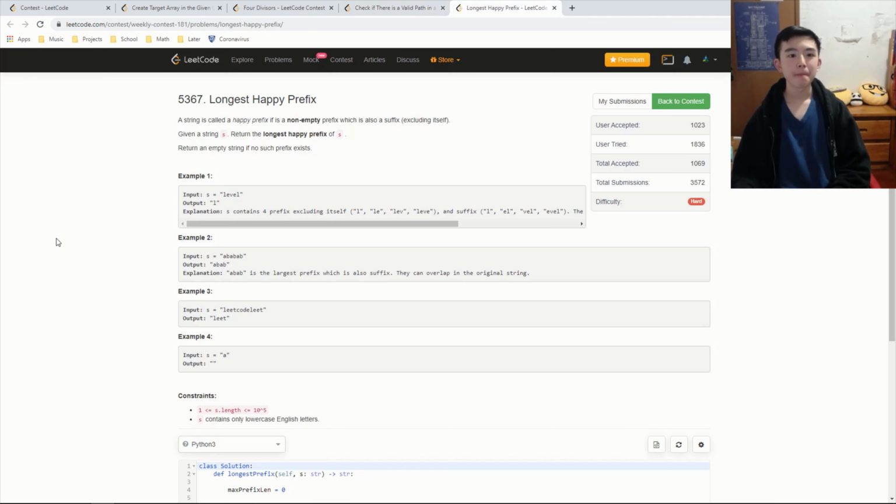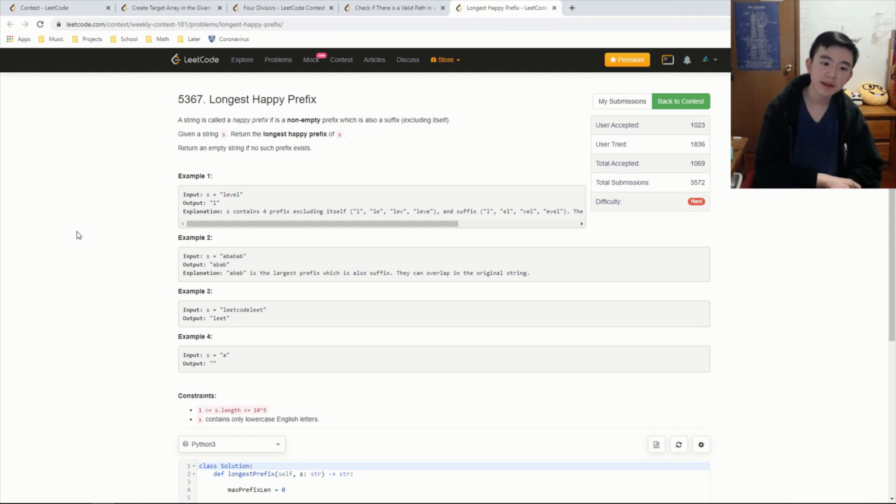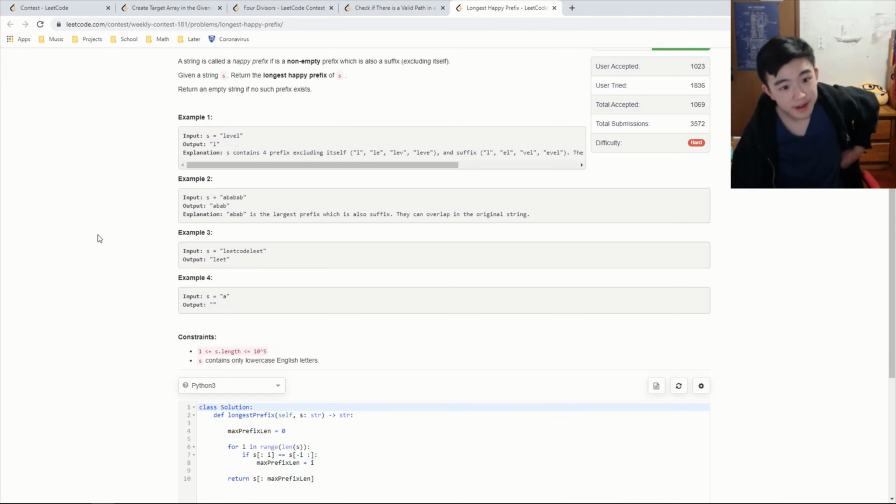Okay, problem 4, longest happy prefix. A given string has a number of prefixes, and it's called a happy prefix if it's a non-empty prefix which is also a suffix, which means the string starts with that substring, and it also ends with that substring. Since the length of the string is not very long, it's only 10 to the 5, we don't have to binary search it.